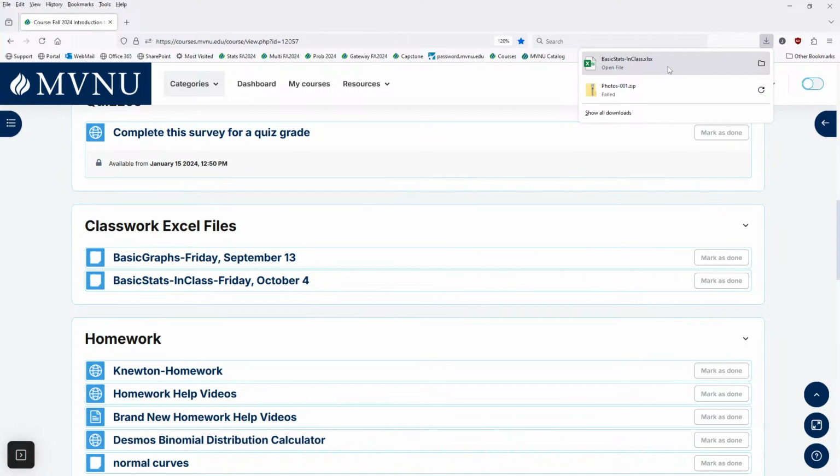Make sure it's somewhere that you know where it is. If you're using a school computer, or one that you've borrowed, save it somewhere, but then move it to your OneDrive so that you have access to it. I don't know if these files, after we do them, will be useful to you in the future, but just in case, like if you're doing your homework this week and you're wondering what did we do, how did we do that, you can always find that. So download it. It should be in the downloads folder, and then open it in Excel.